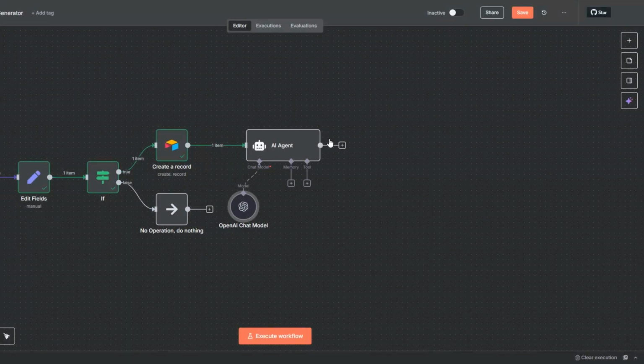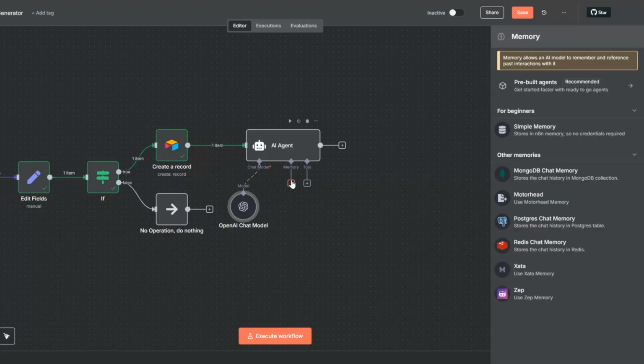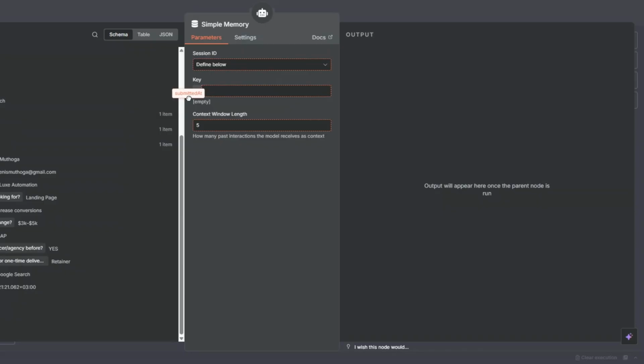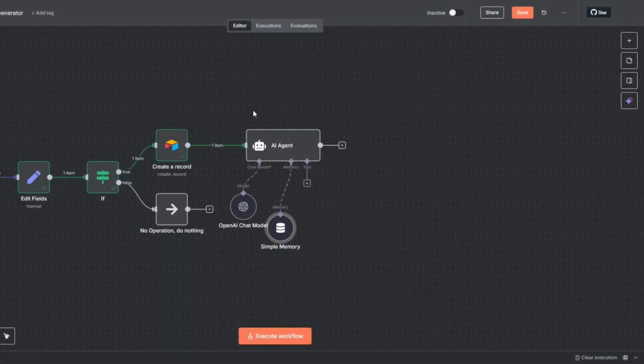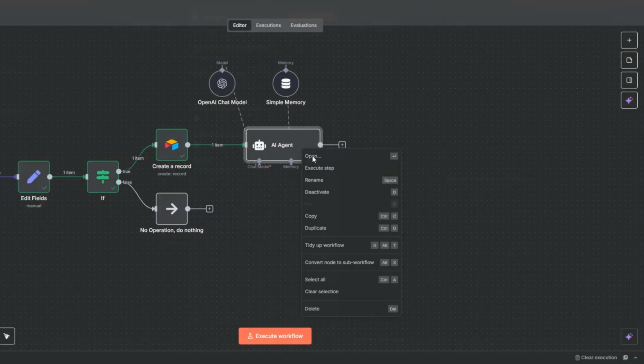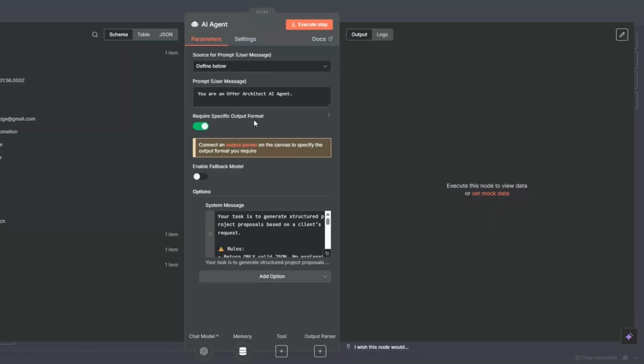Now, the next thing that we're going to do here is add a memory. For the memory, I'm going to choose a simple memory, and here I'm going to choose to define below, and here we're going to add a submitted at date. So I'll drag it right here. Then I'll click on back to canvas over here, so we can add this at the top over here, to organize them properly. Here, when I open this node, we're going to require a specific output format,